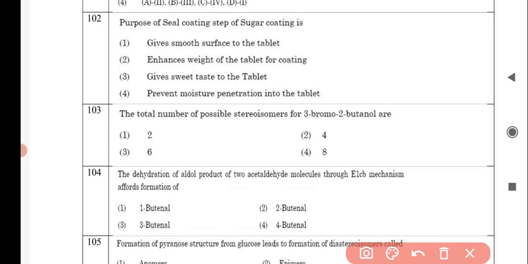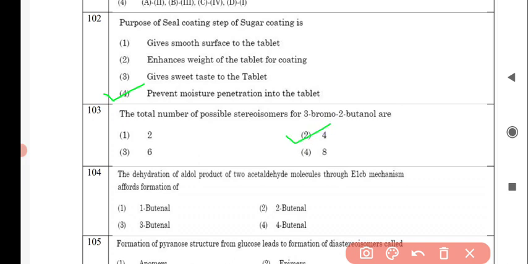Next question is, purpose of seal coating step of sugar coating is, and the correct answer is option number 4, prevent moisture penetration into the tablet. Next question is, the total number of possible stereoisomers for 3-bromo-2-butanol are, and the correct answer is option number 2,